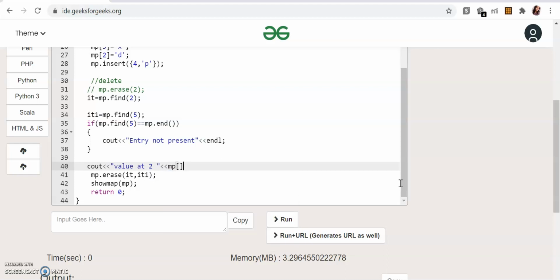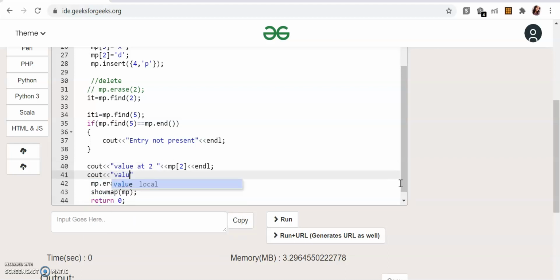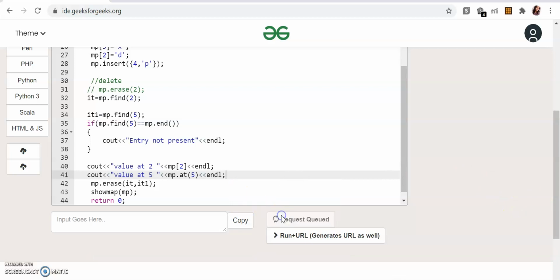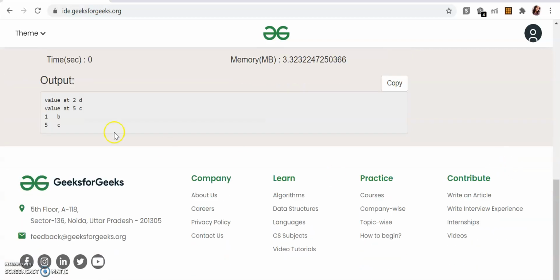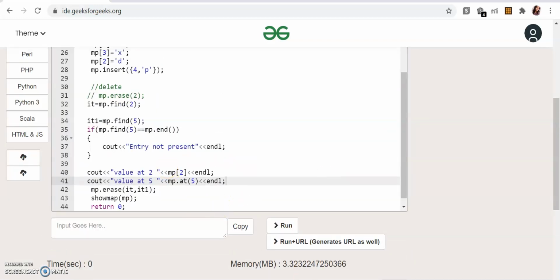So let's say mp, this bracket, and you can also do it using the at operator, value at 5. So you can do mp.at(5). These both work similarly. It will just return the value and you're just giving the key. So value at C is 5, value at 2 is D. So this comes in pretty handy.